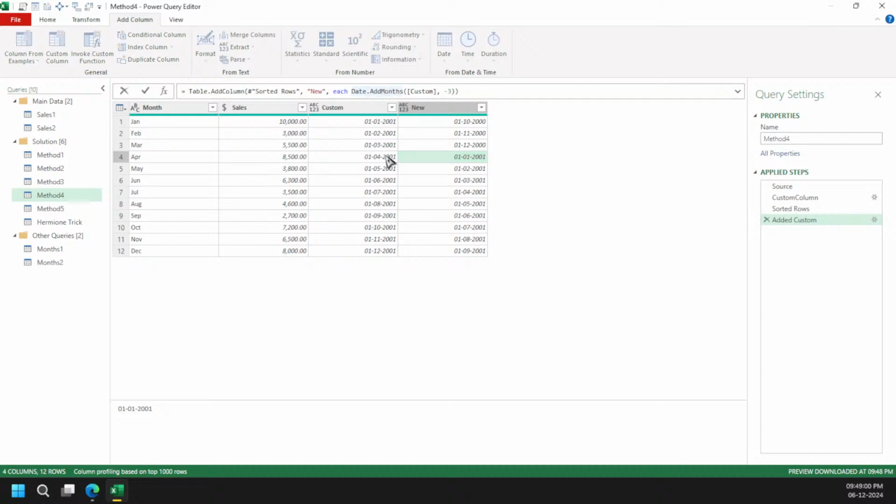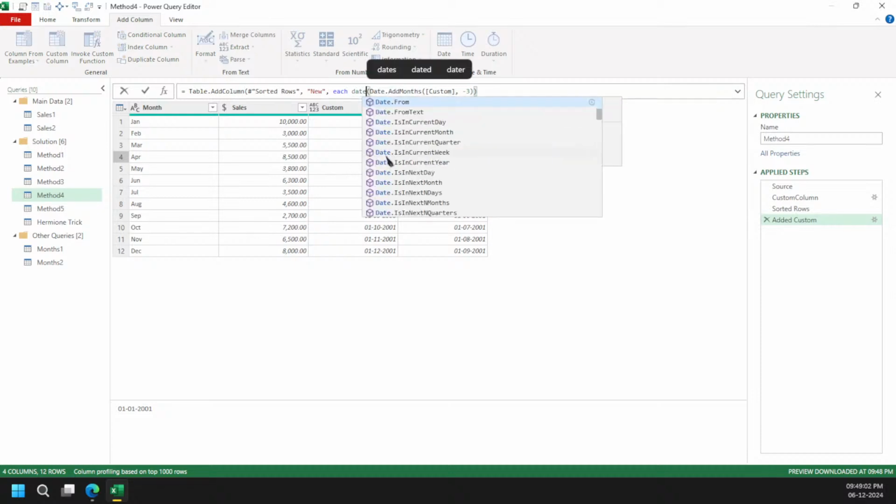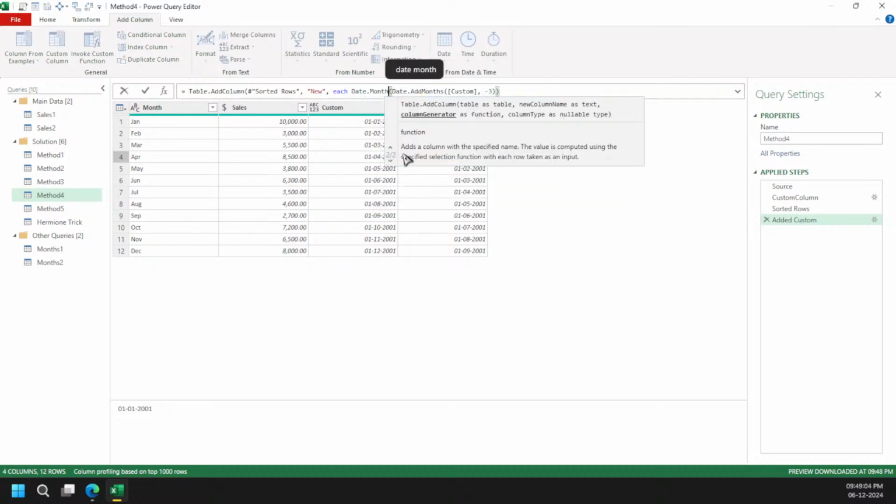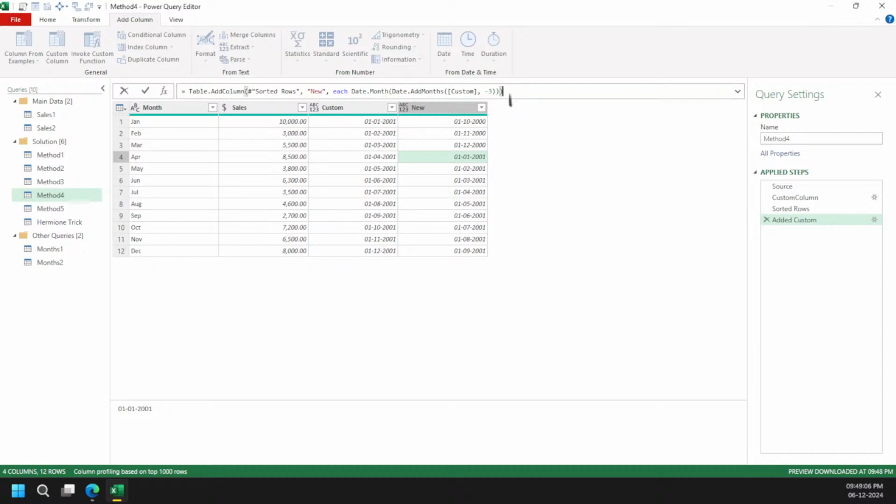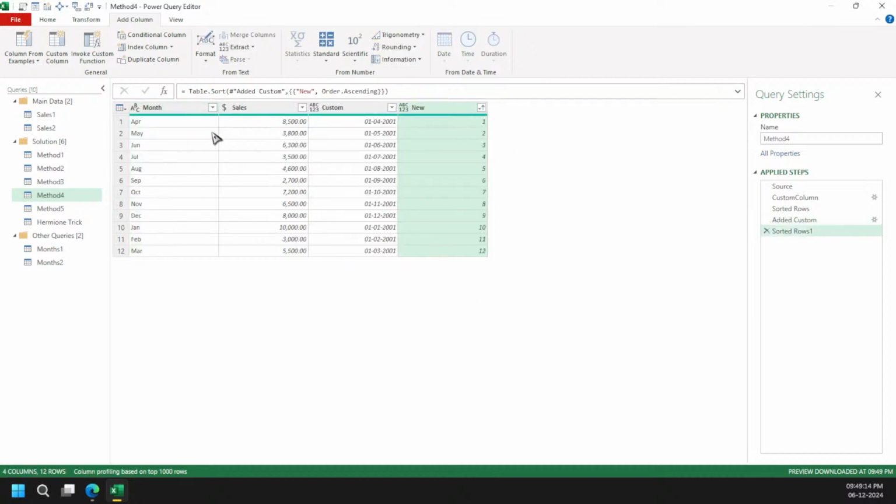Just simply come here and get the month name. That's all. If we just get the month name here, you can see our order has now changed. So the moment I sort the data in this format, now you can see April has got the first month and March has got the last month. So that's another way we can use this trick, right?